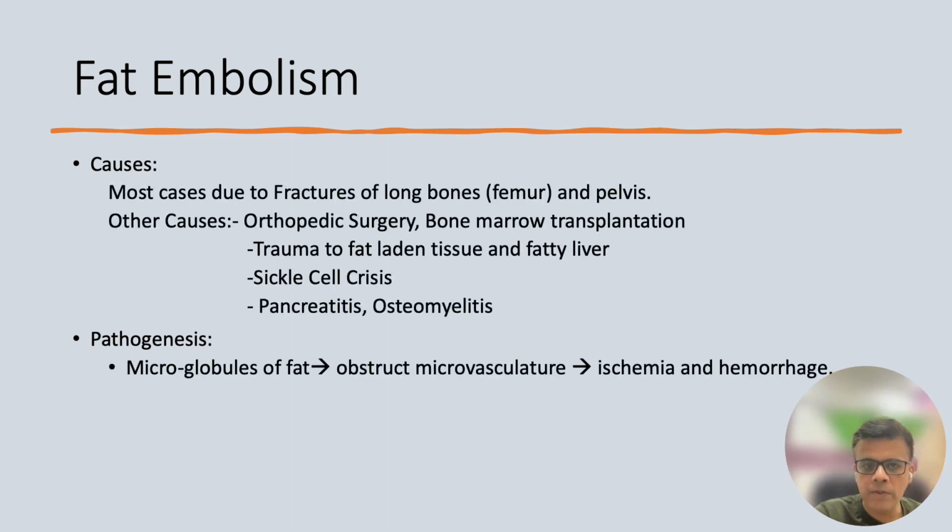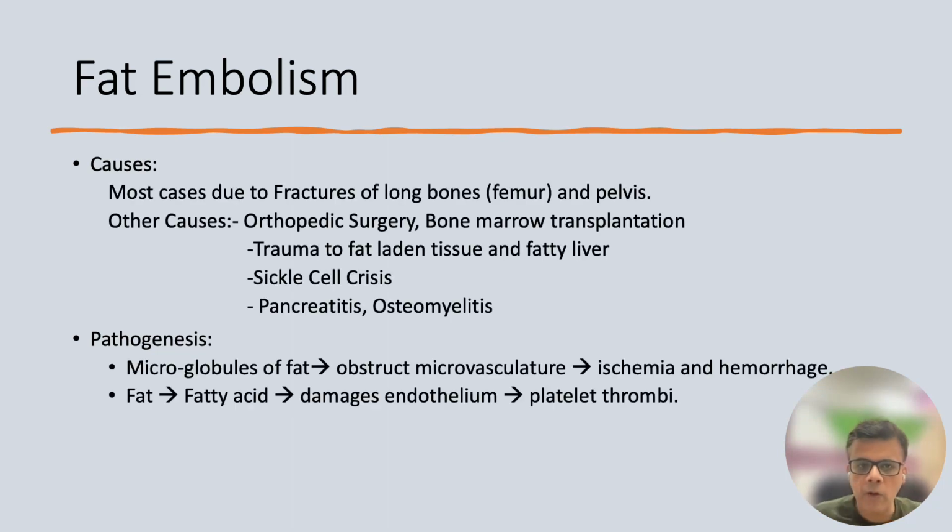So fat embolism, the common causes. What are the common causes? The common causes are fractures of long bones. This is to be remembered. You get clinical vignettes regarding that. There is a fracture of a long bone, especially in road traffic accidents. Femur is the typical bone to be fractured, and the bone marrow containing fat globules releases the fat globules into the bloodstream, and that causes fat embolism. So fat is released from the bone marrow fat component.